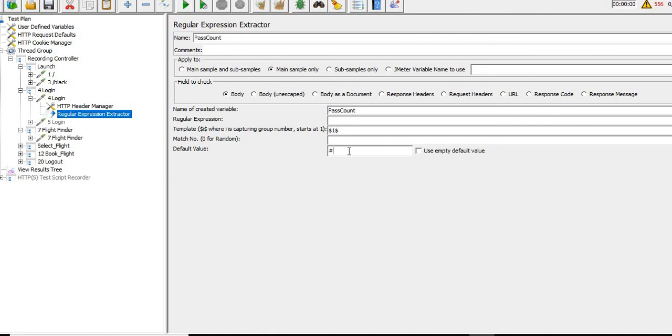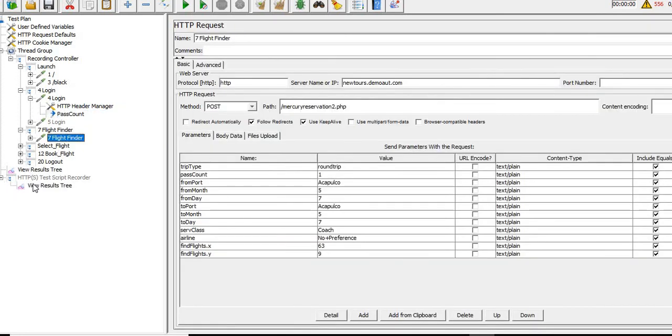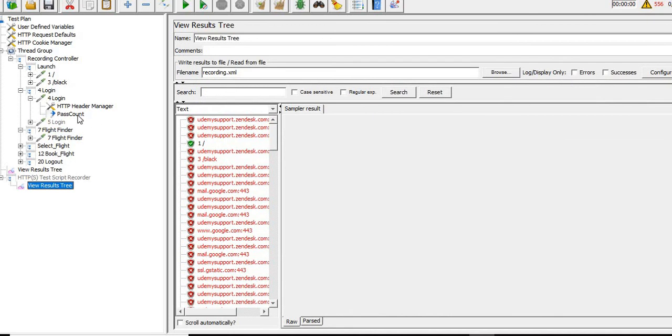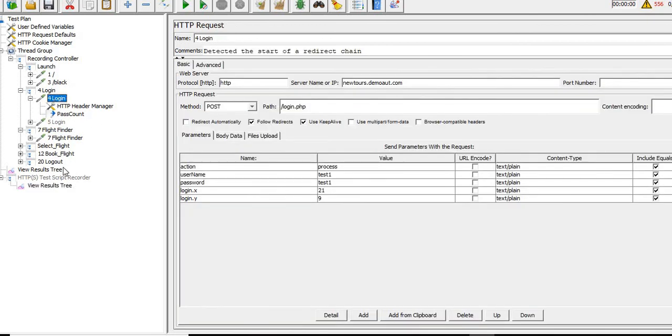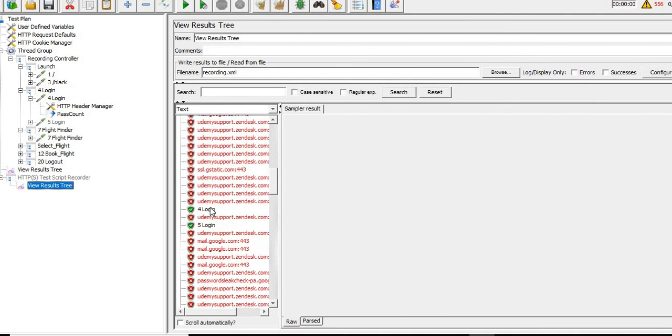Default value is value of pass count not found. Okay, perfect. So let's search for this particular value, flight finder, over here. We should get it in the response of request number 4. So let me search for request number 4.